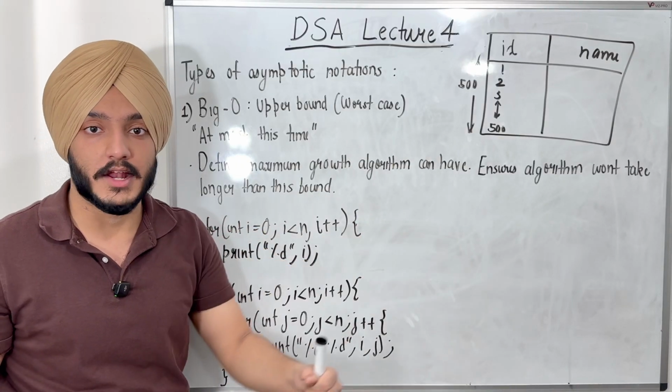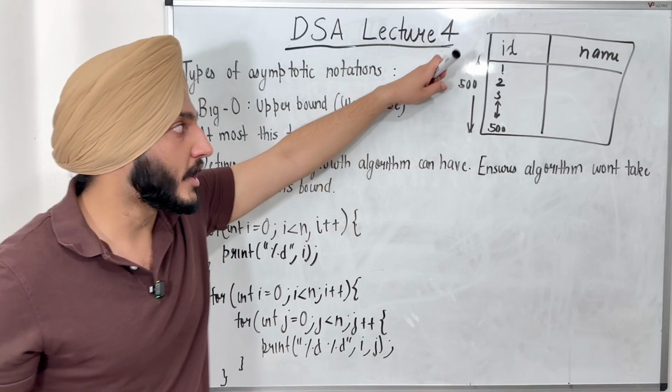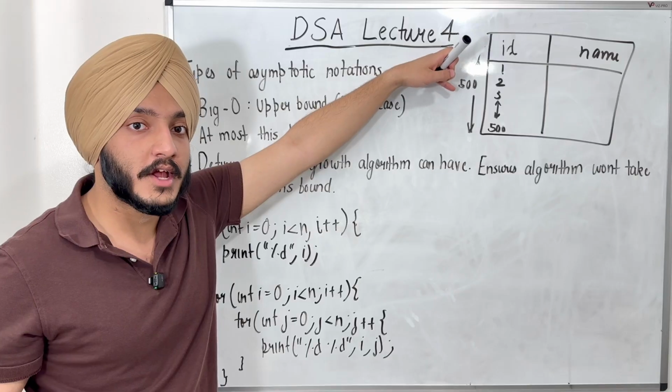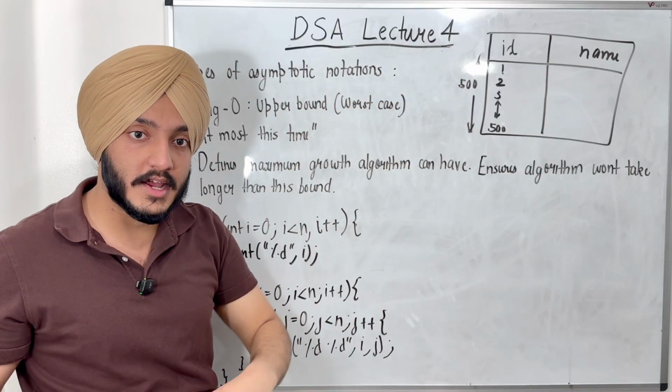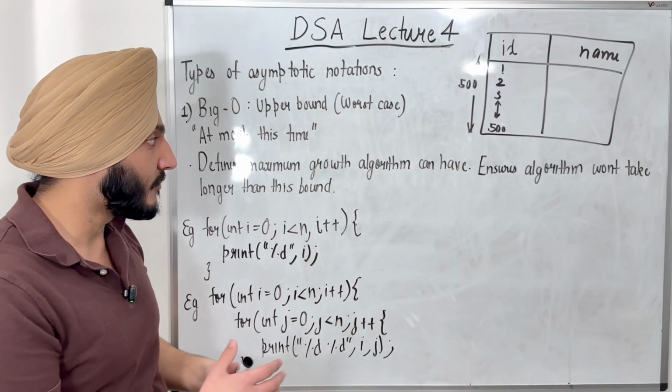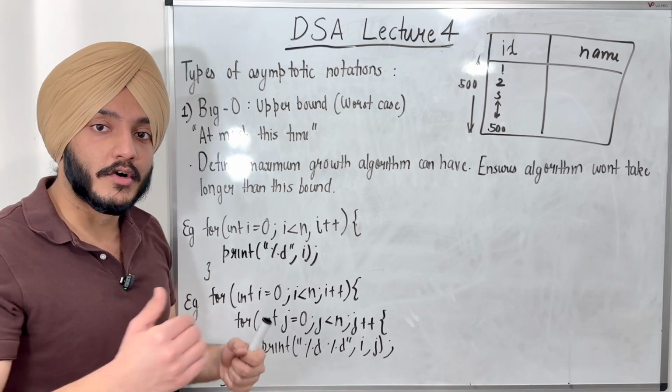Maximum time our algorithm can take. It can take lesser time than that. So for example, in the case I'm looking for ID 3, it's going to take 3 operations, right? But in the case of 500, it's going to take n operations, the exact number of elements we have. So it is possible that it takes lesser time, but we are trying to find the worst possible time